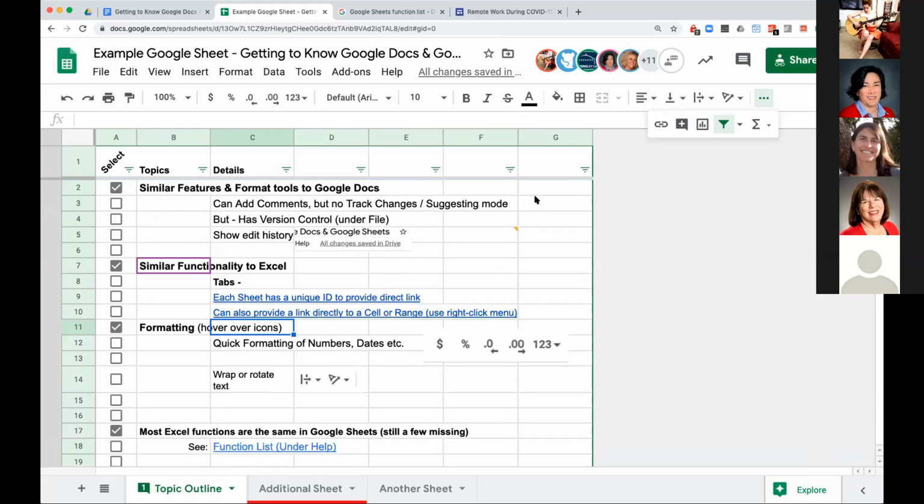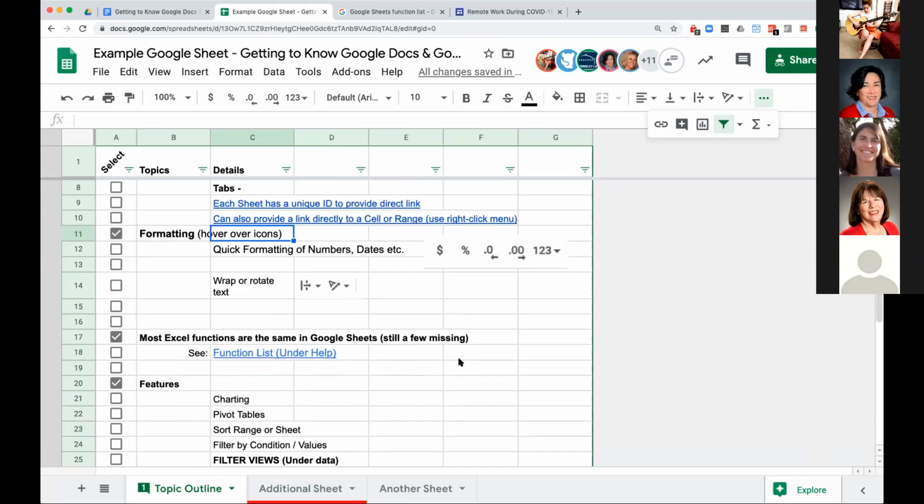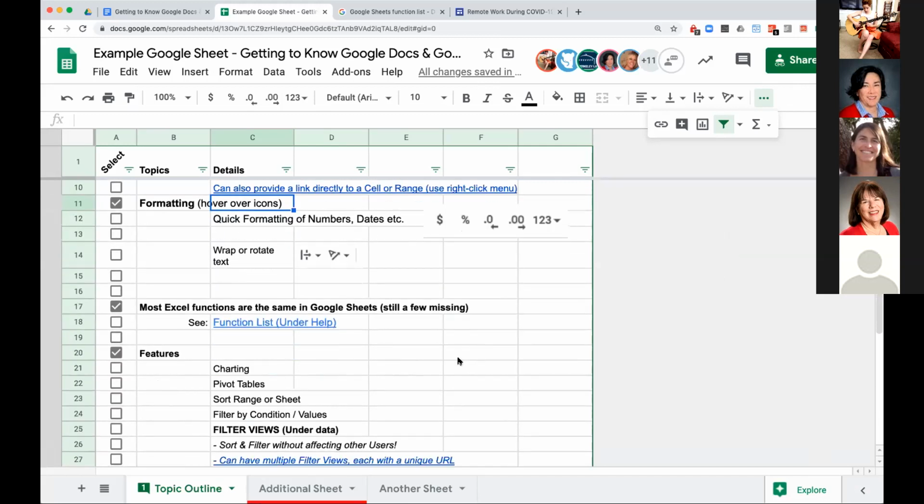I am going to throw out a lifeline for this next question, which is, can we customize the toolbar icon? I am not aware of being able to customize the toolbar icon, but perhaps someone else has done this, or maybe there's an add-on to allow you, because normally you right-click and go into customize. Does anyone else know if there's a way to add more icons to the bar?